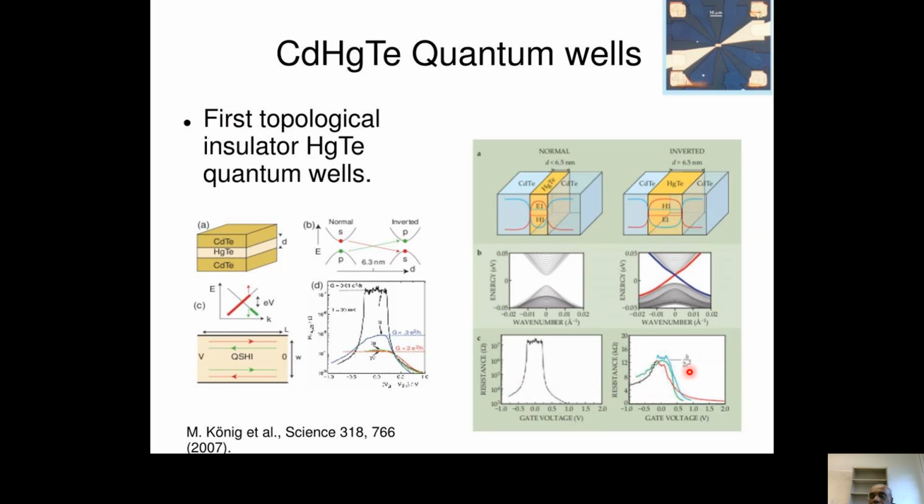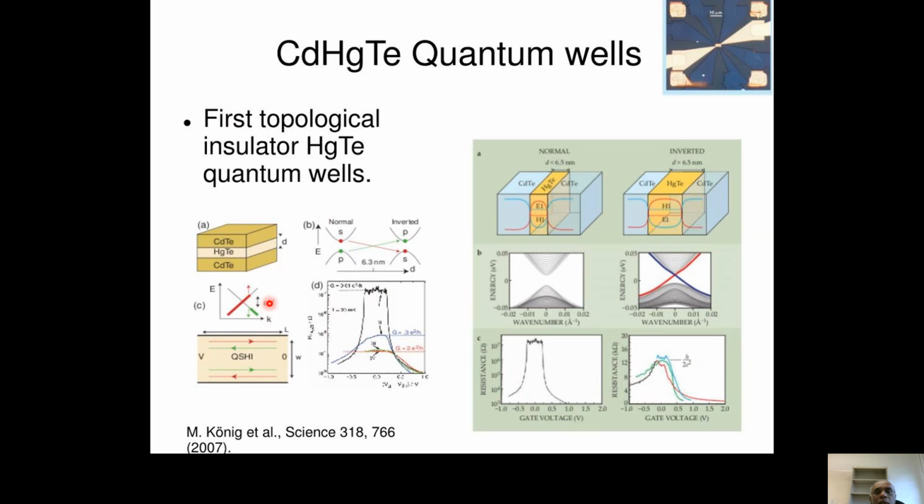So this is resistance h over e squared. You can see this is the situation when it is in normal state, so that is very large resistance because of this large band gap. But when you have the inverted situation, it goes down by at least 3 orders of magnitude, right? In conductance units, this is like 2e squared over h. This is mostly due to this band overlap.